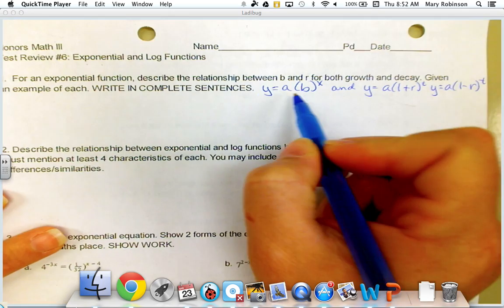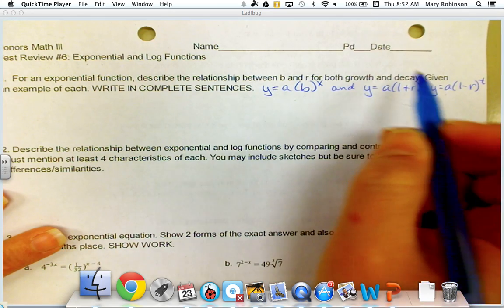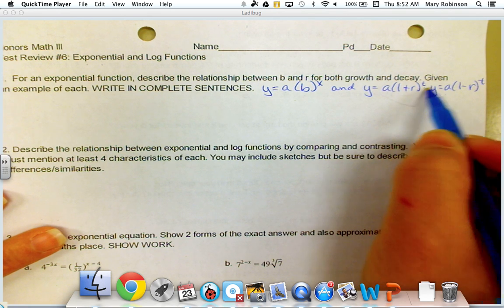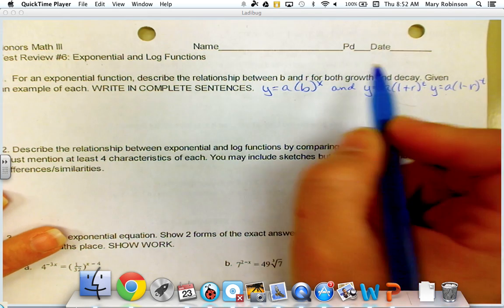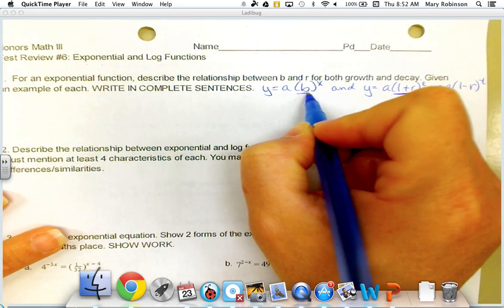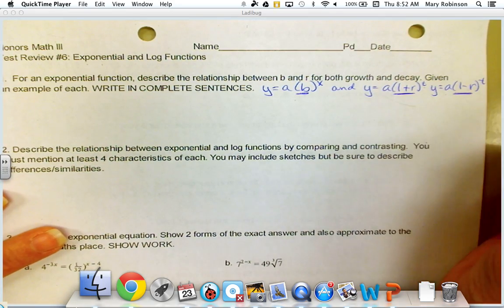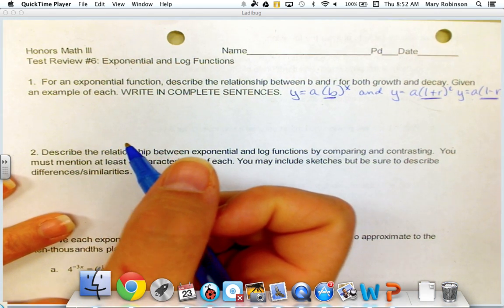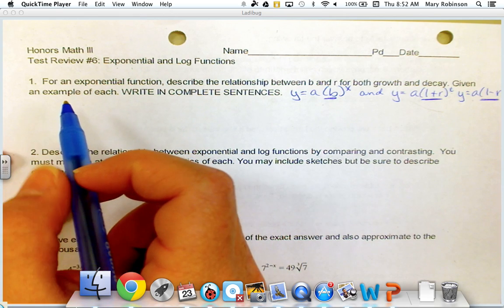So if you recognize, you've got your initial value, a, your x is your exponent over here. In this formula, it's represented as time. So that means that b is equal to 1 plus r for growth, and that b equals 1 minus r for decay. So for you to answer this question and then give an example of each, I'd want you to